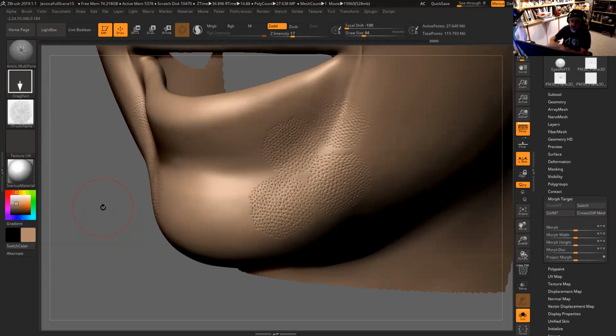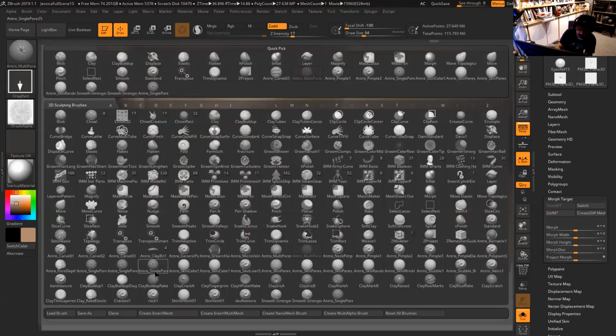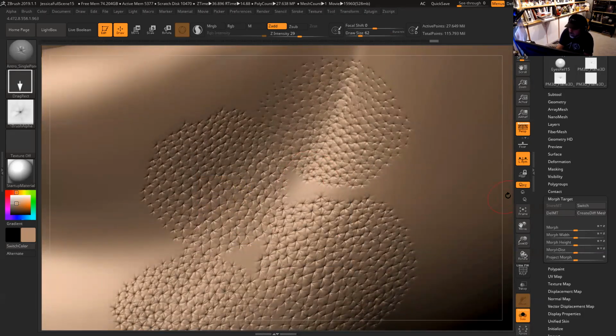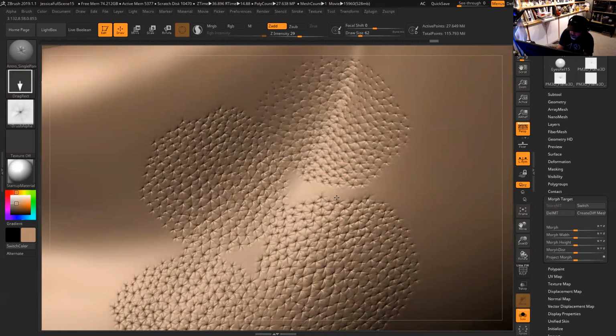And then now that you have all those in place, you can switch to your single pore again. And then you try to find out what's the depth of each one of them. For example, say my intensity here is 29, I'm going to go to 34. You guys can ask any questions, I'm here for you. So I'm just going to be filling up those little gaps. So for example, here,